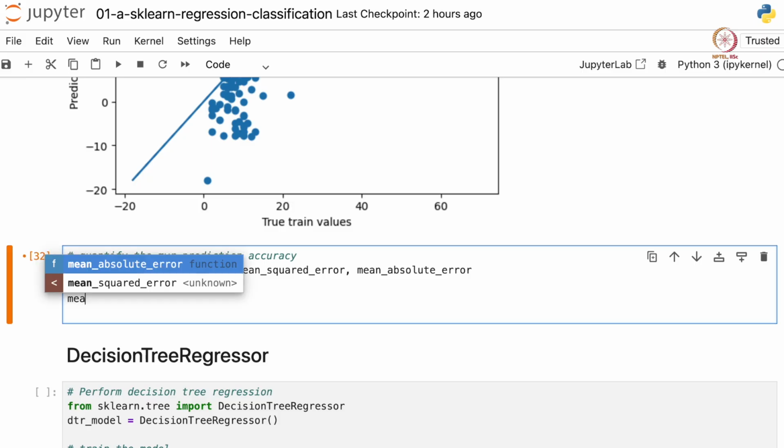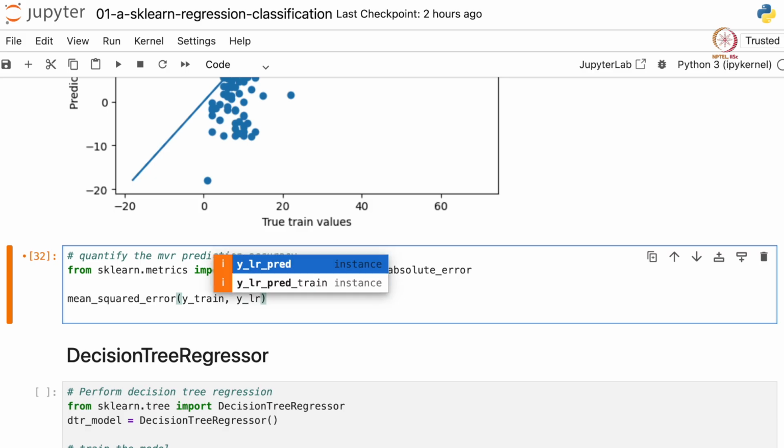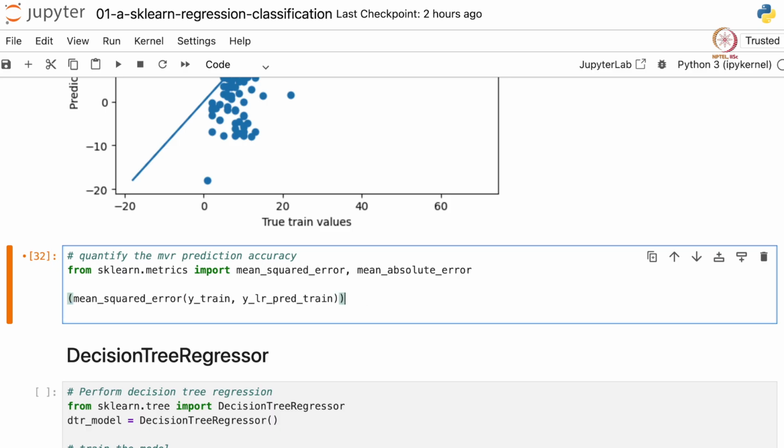Mean squared error takes the true values, so that is y train, and the y linear regression predict train, and it computes the mean squared error, and we want the root mean squared error so that our error is in the units of the feature that we are predicting. So let's take a square root of this using np.sqrt, and let's store this as root mean squared error.